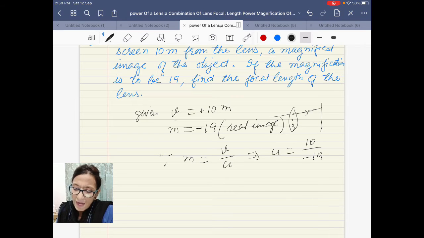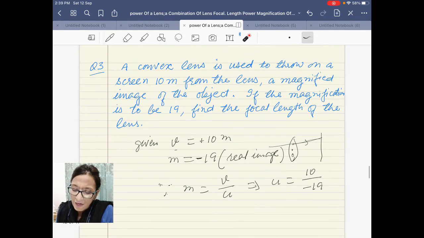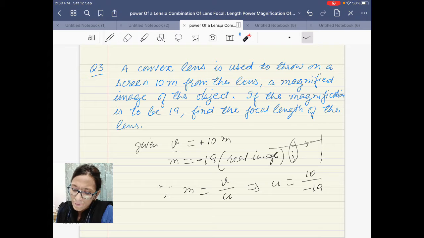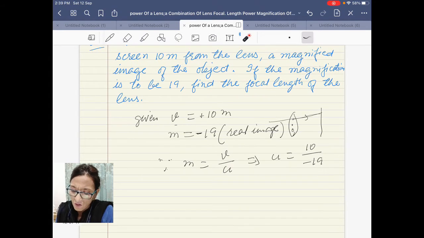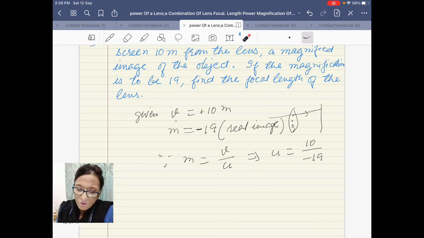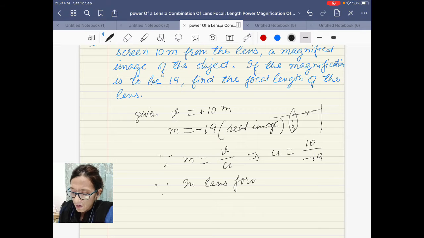So now we have the value of V, we have U, and we have the focal length also. Okay, we have to find the focal length. The focal length is not given. So now, using the lens formula,